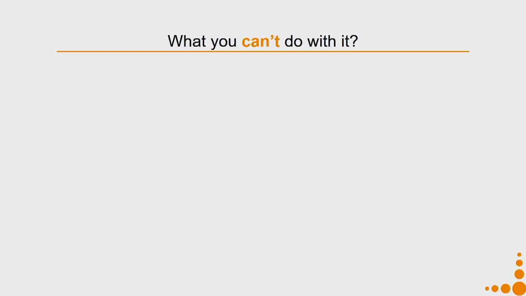Let's first consider what we can't do, then we will see what we can do, and then go into the app. What you can't do is LCA of a system with byproducts. You know what LCA of a system with byproducts is; we discussed that in our previous lectures when we were trying to understand life cycle assessment. So you cannot do LCA of systems with byproducts in this case.